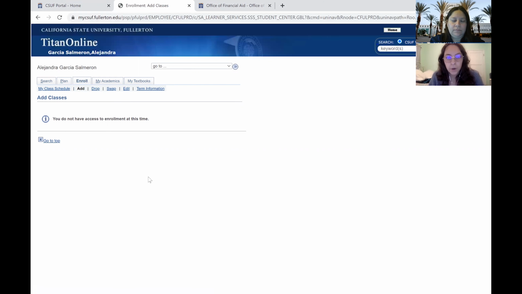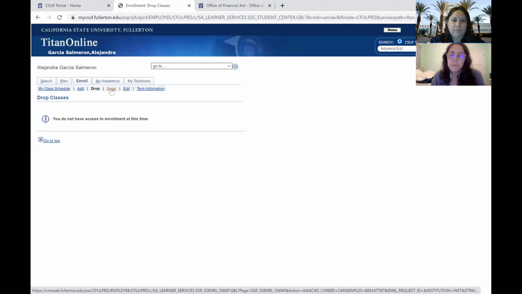And so adding and dropping, if you don't really know what that means, you add the class that you want. And usually there's a specific code for that class you want, so you can type it into the code area, and it'll easily pop up the class you want. And if you want to drop your class, you just go here and click drop for the classes that you don't need anymore or you don't want.